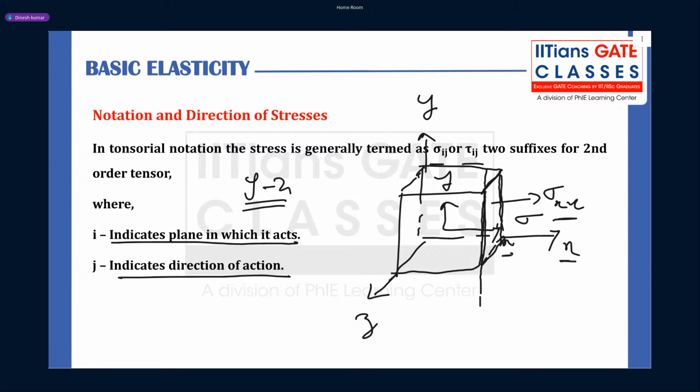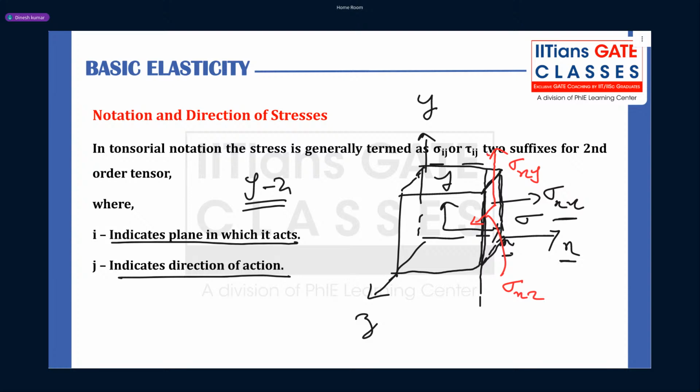So the corresponding shear will also be in the positive direction, like in the respective positive direction. So what is the respective positive direction? It's the y direction. So you can see it will be sigma xy, and then this is the positive z direction. So this will be sigma xz.